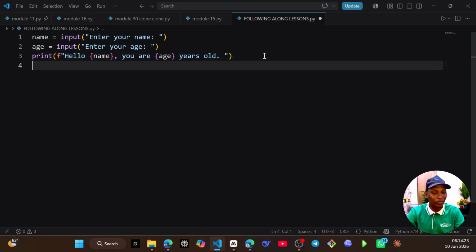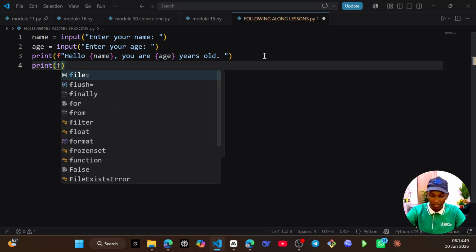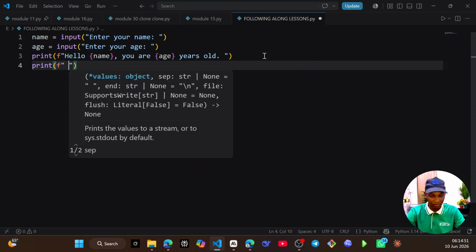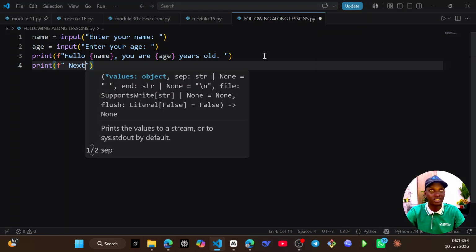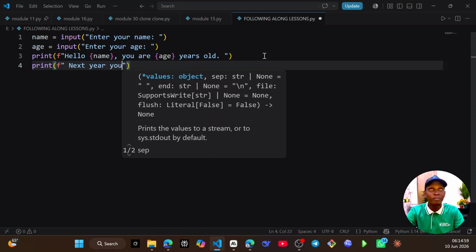So let's try to perform an operation. We didn't do any conversion here, and remember, without doing any conversion, Python will always take anything, irrespective of whether you have entered the age as 25, as a string because it is in double quotes or single quotes. So let's print out something that involves an operation. We shall open our f-string. Next year, like we have it in our PDF, next year you will be,